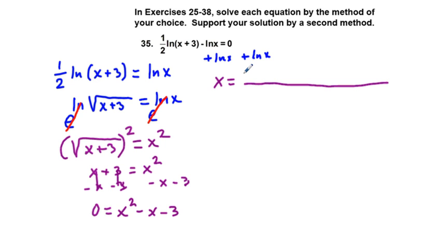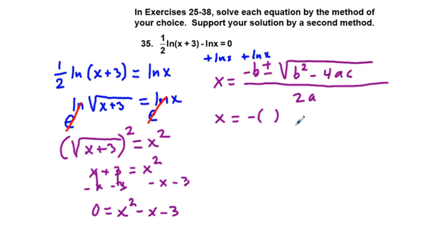Negative b, a negative boy, went to a radical party at b squared. Because he thought he was square, he missed out on 4 awesome chicks, and the party was over by 2 a.m. And so we have these, we can fill in the parentheses. We have negative, we leave b like this, plus or minus. Inside the radical here, we leave a parentheses for b squared, minus 4, open parentheses for the a and c, over